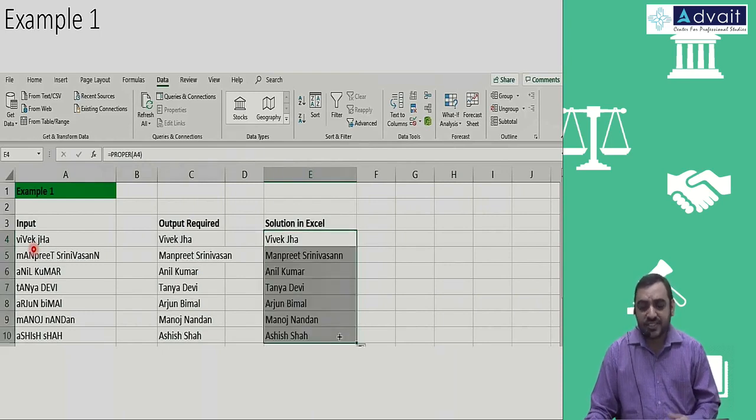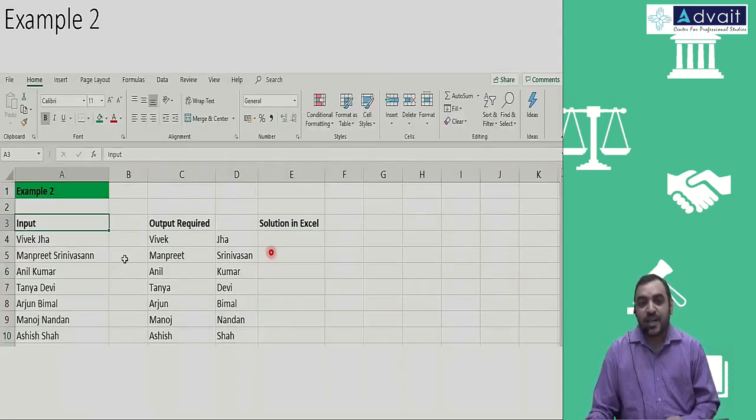Either way the function works, and you can see the solution you wanted is in front of you. The first letter of the first name is capital, the rest is small. Similarly, for the last name, the first letter is capital and the rest is small. So the proper format, you can do in a fraction of a second using the formula PROPER.